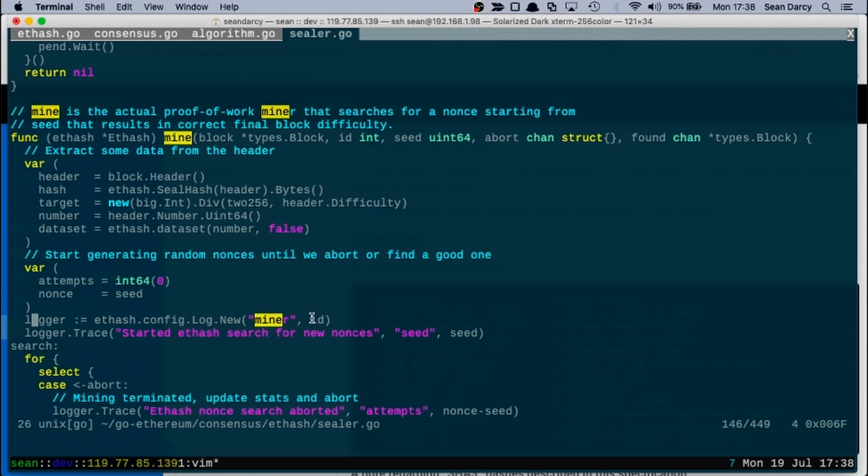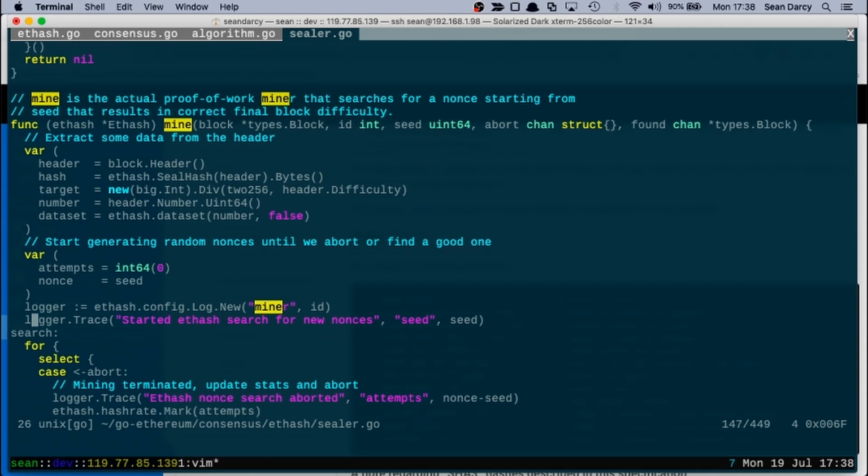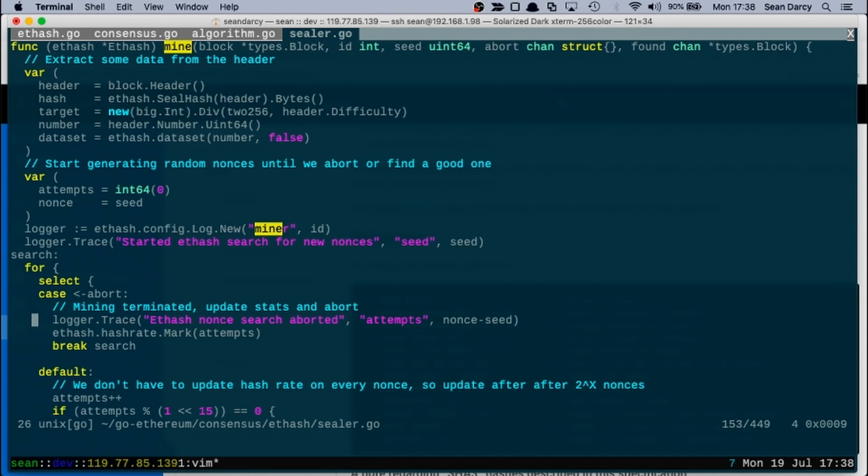Start an Ethash search for new nonces using a seed. Interesting. So for every thread it generates a random seed, passes that in here. And that seed is used to generate,